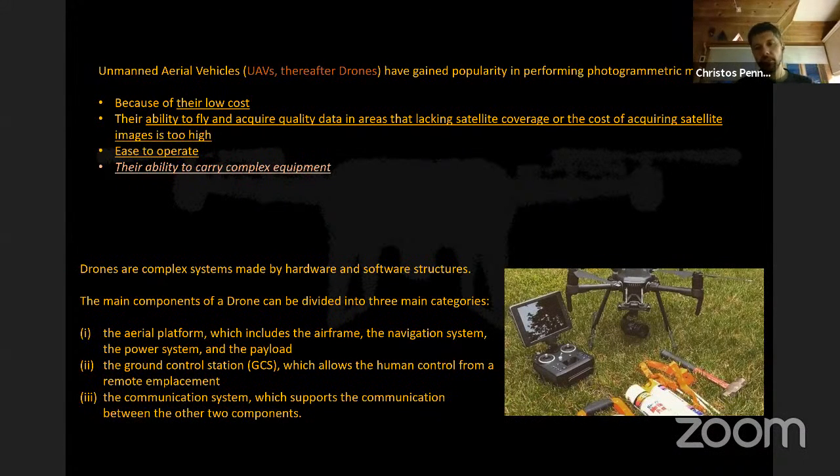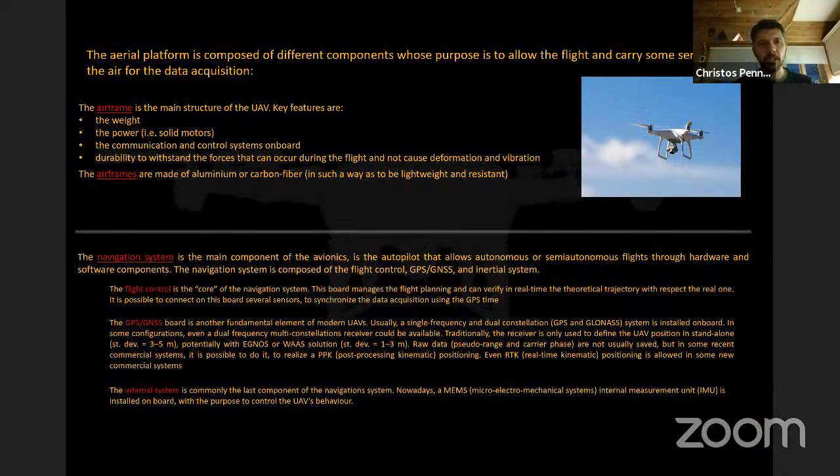So we are going to talk about this in detail now. The aerial platform is composed of different components whose purpose is to allow the flight and carry some sensors in the air for the data acquisition. The airframe is the main structure of the drone, and the key features for